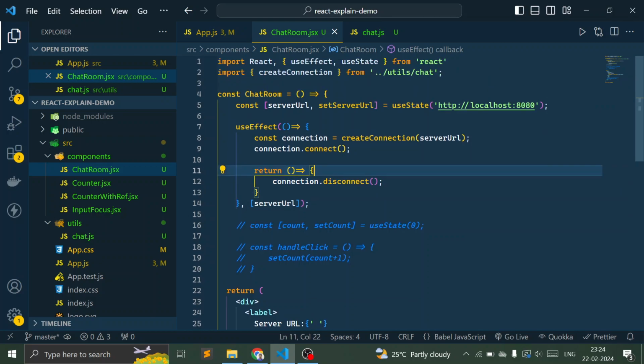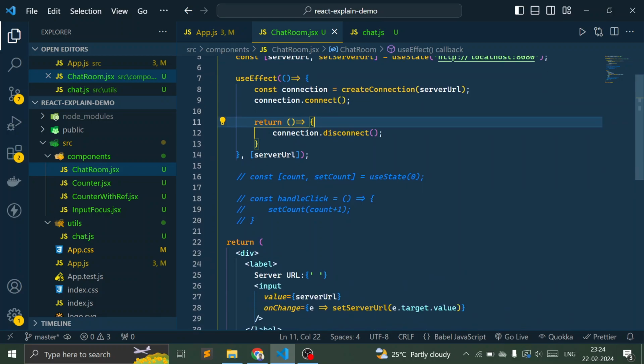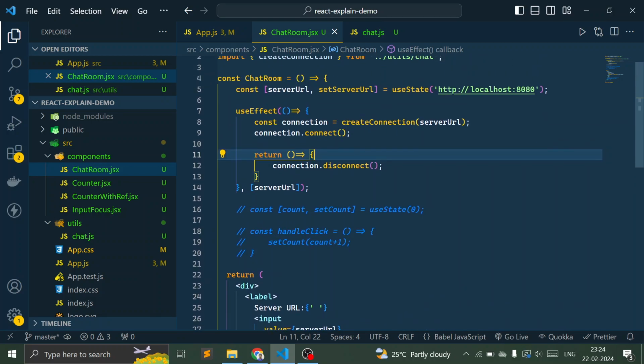So whenever this whole chat room component unmounts, or let's say this use effect needs to run again due to some changes, I will also let you know when the use effect needs to run again later in this video. But now just understand, if the use effect has to run again, then what it does is it will